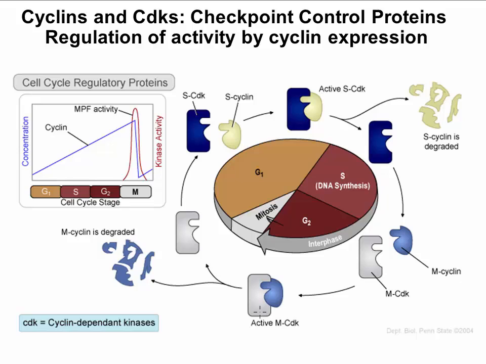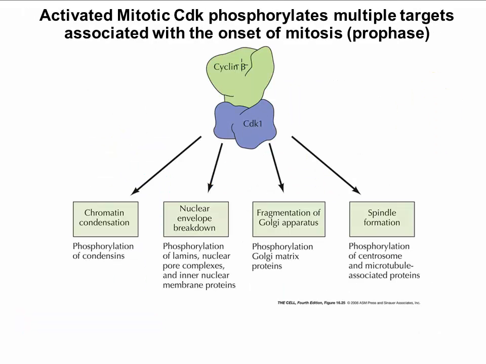Now, again, the second thing that's going to be required is the correct phosphorylation pattern being established on this CDK protein before it can actually start phosphorylating its targets. Well, what are the targets of this activated CDK? Once it achieves full activation, that cyclin CDK complex, and I'm just going to add on that phosphate to make sure that everybody's recognizing that not only is the cyclin going to be present, but the CDK has to be correctly phosphorylated.